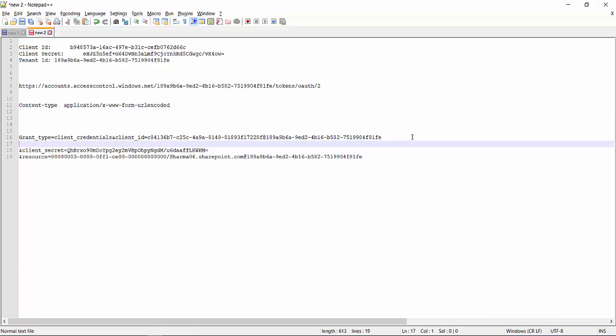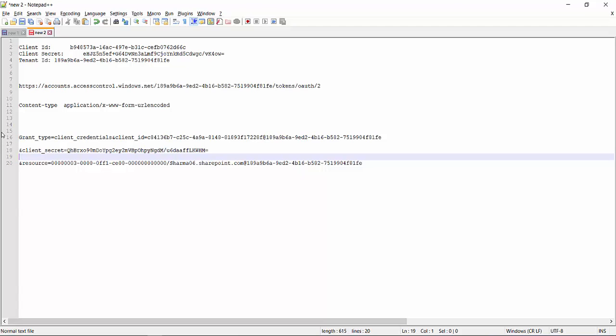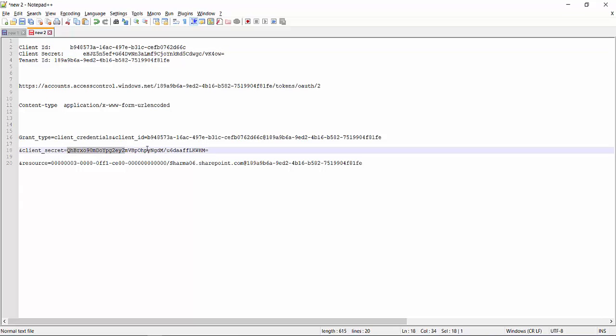It is consisting of three parts. One is my client ID, then client secret, and my tenant ID. So first part of body will be grant_type=client_credentials&client_id=. So I have copied my client ID. So I will copy paste my client ID over here. See, and after @ it should be my tenant ID. So it is my tenant ID. So this complete grant_type=client_credentials and client ID will be my client ID@tenant ID. The next will be &client_secret=. So I have copied, this is my client secret which I have copied while registering the app. I will replace my client secret, and then &resource=, till here it will remain the same.